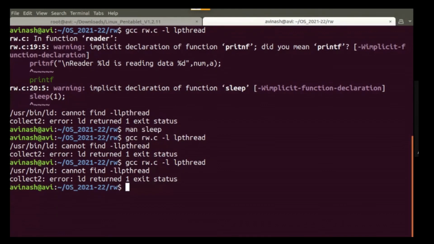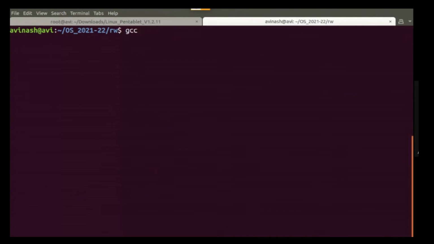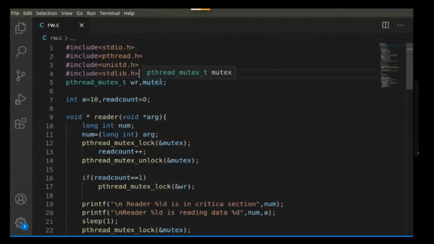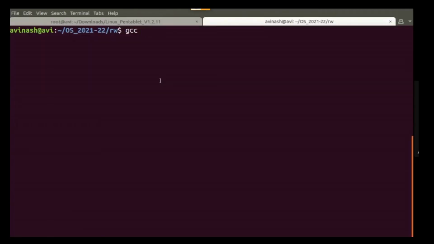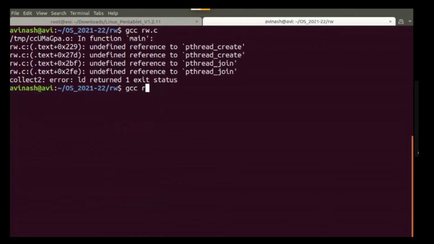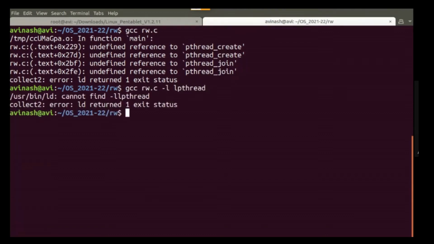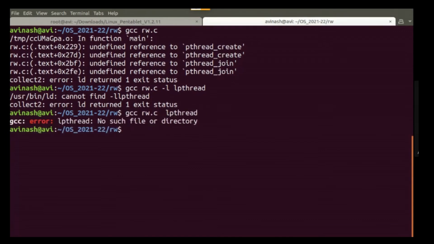gcc rw.c -lpthread. We have included unistd and stdlib.